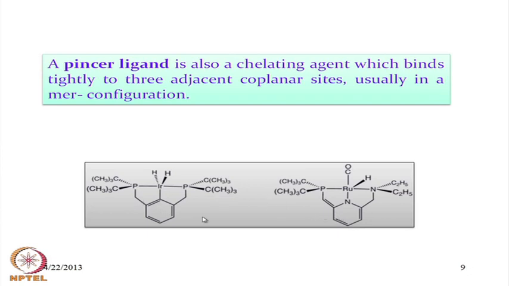So, like our terpyridine ligand, which we have seen earlier, that terpyridine ligand has one pyridine here, a second pyridine here and a third pyridine here. Instead of that, now we can have, in the two ortho positions of the pyridine ring, one as the phosphine donor and another as the nitrogen donor. So, NN diethyl donor from the right hand side and phosphine donor with tertiary butyl groups, which are the bulky groups. So, if we put bulky groups around this phosphorus and two other bulky groups around this nitrogen,